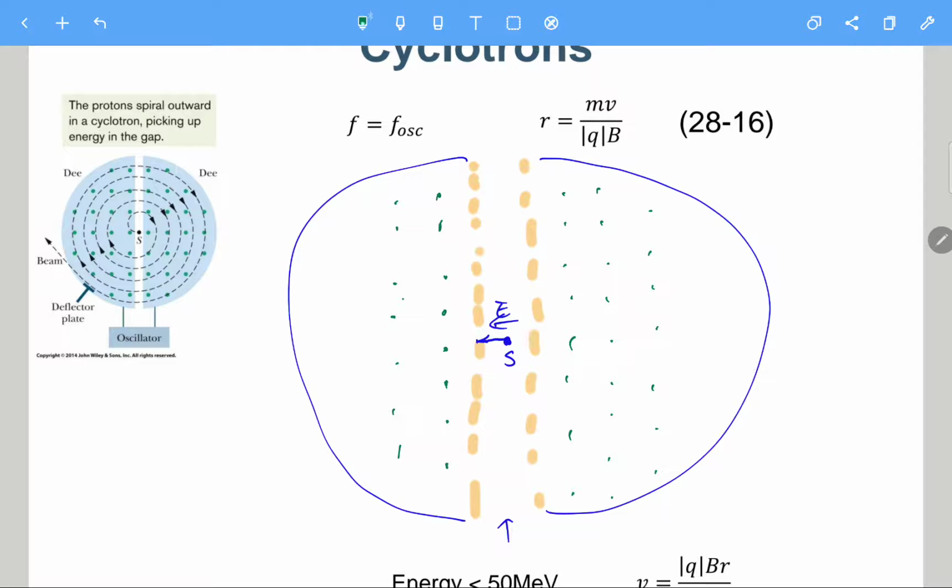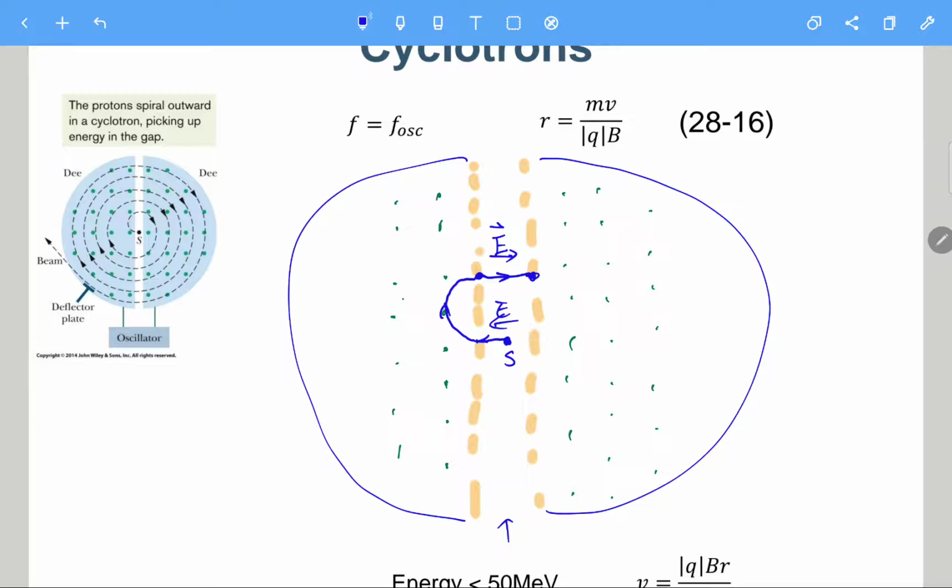Uniform B field there. So you can see the particle will have a circular motion. And up to this point, now the E field will change the direction to the right side. So from this point to that point, the particle will accelerate. And then up to this point, there are only magnetic field, so it will